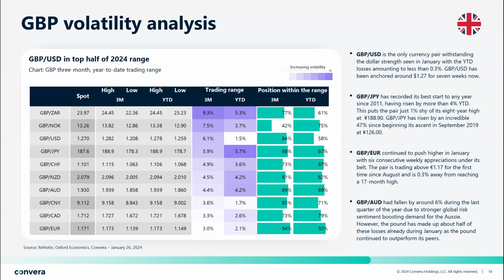But because of this hawkish repricing that helped support the pound against the dollar, it's also why the pound had a strong month against other currencies across the board. It rose to a 5-month high against the euro, above that 117 mark, and sterling against the Japanese yen rose to an 8-year high. And overall, as you can see via the majority of the teal bars on the right being above the 50% mark, the pound is trading in the top half of its year-to-date and 3-month ranges against most of these peers. In fact, the pound has risen against 80% of its global peers over the course of the last 3 months. And as I said, it's mainly because of interest rate or yield differentials moving in favour of the pound,